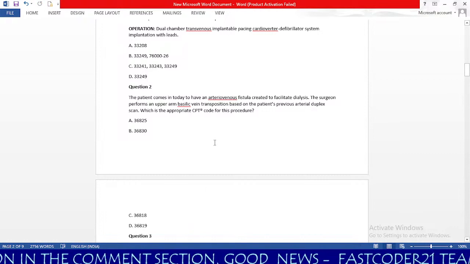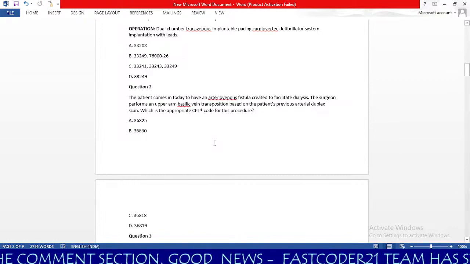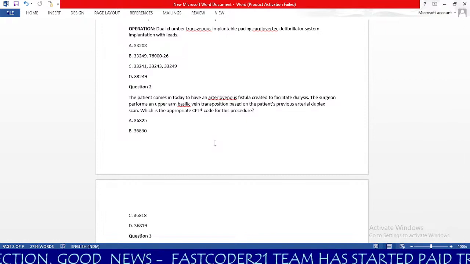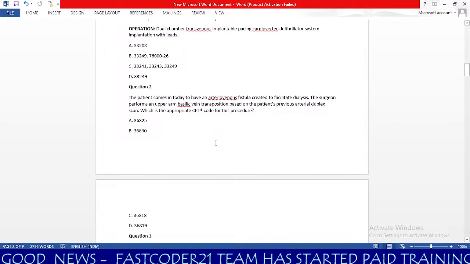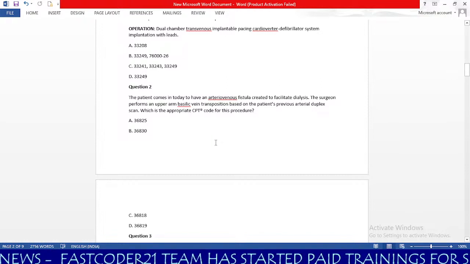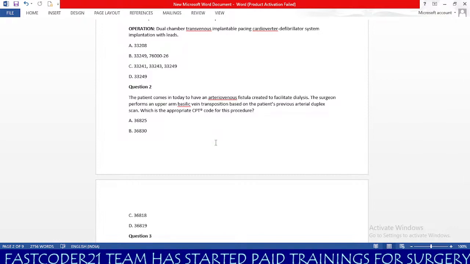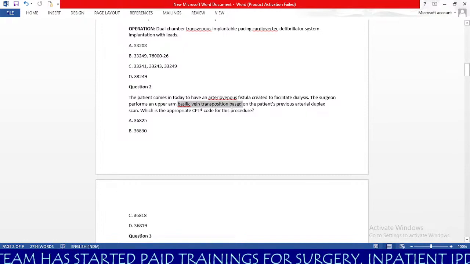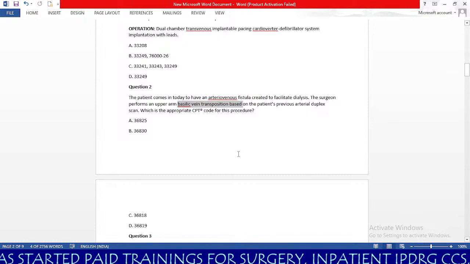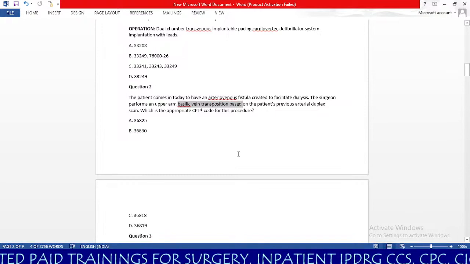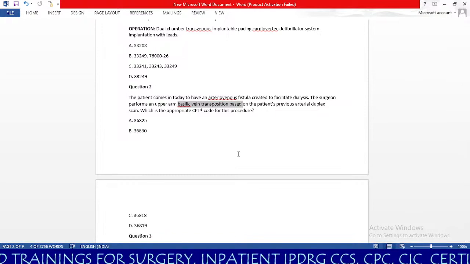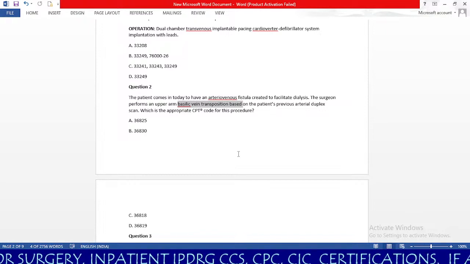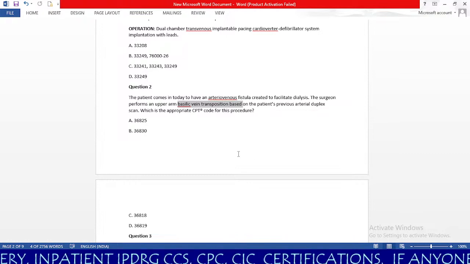So the patient comes in today to have an arteriovenous fistula created to facilitate dialysis. The surgeon performs an upper arm basilic vein transposition based on the patient's previous arterial duplex scan. Which is the appropriate CPT code for this procedure? So basically, based on our keywords, this is a basilic vein transposition. So if you check this 36800 series, 36825 is for creation of arteriovenous fistula. So it is not performed here, and we will check